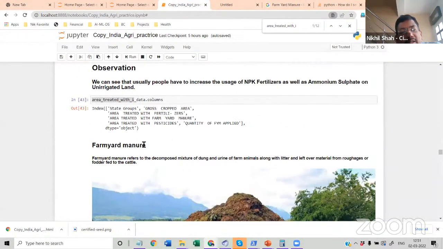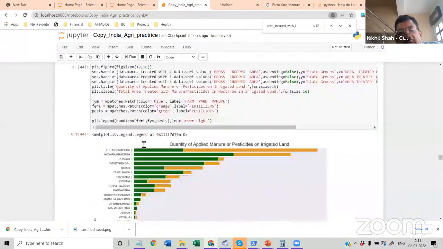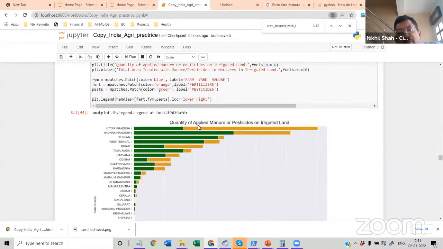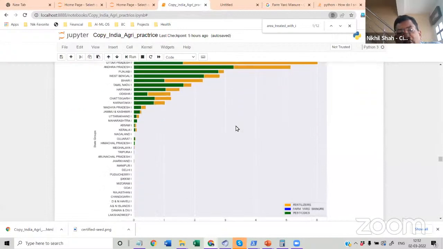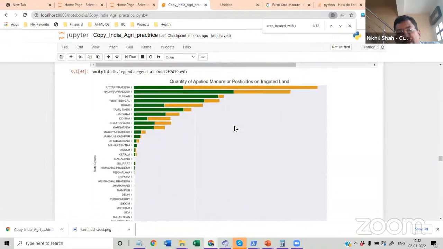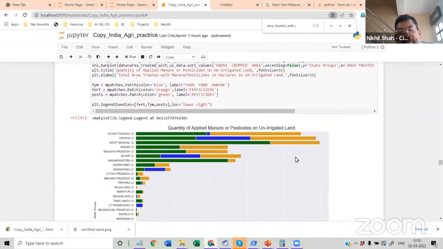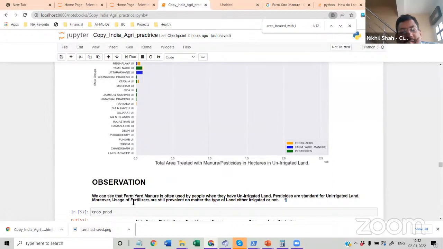For example, here we look at the farmyard manure, and you wanted to see the applications of manure and pesticide on irrigated land versus non-irrigated land, where you can immediately make some observations by looking at these charts that farmyard manure is often used by people when they have non-irrigated land, right?